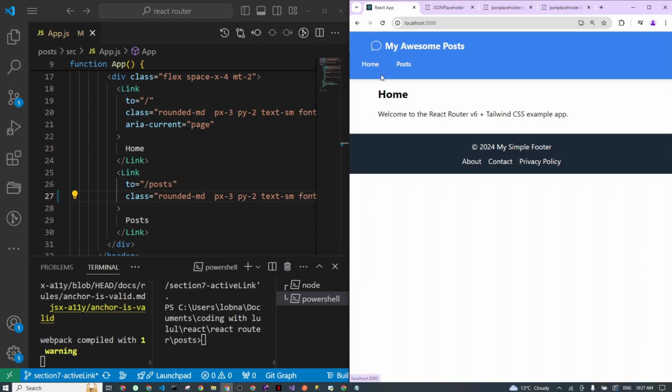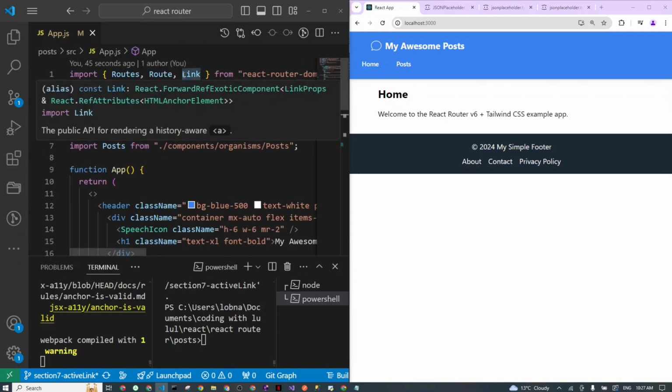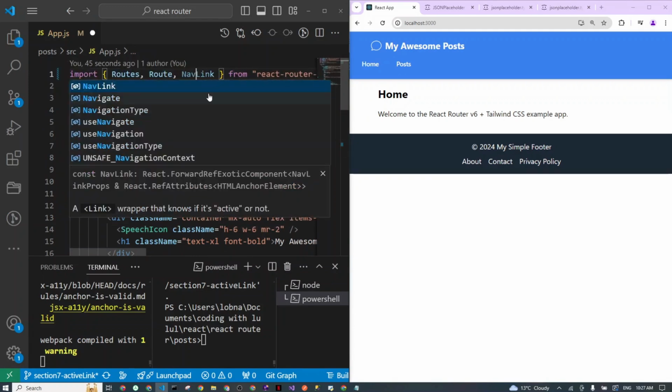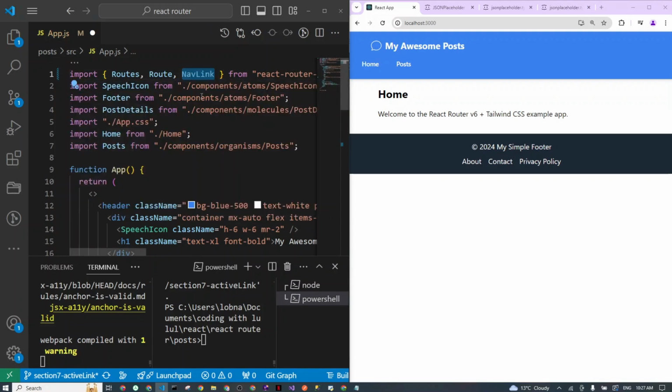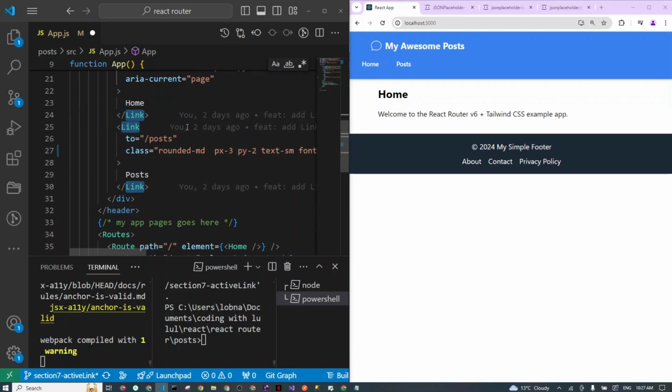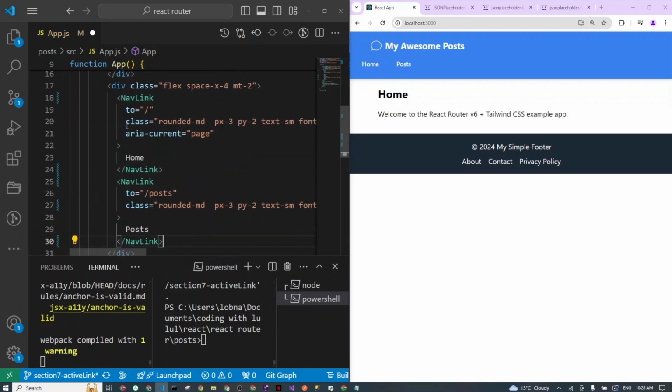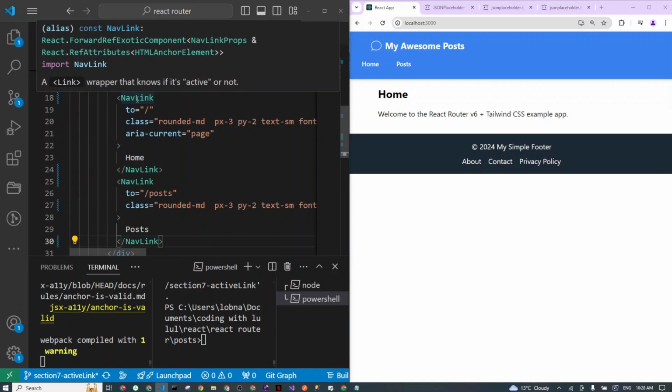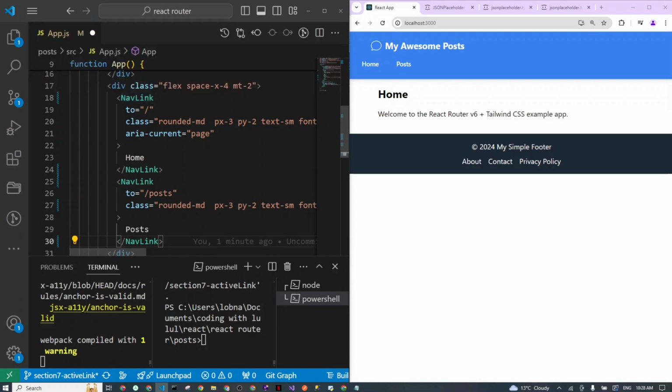Now, how can we fix this? Again, React Router makes this very easy for us and gives us some functionalities we can use. At the moment we're using Link, but there is another component called NavLink. All I have to do is replace this with the NavLink component from React Router, then copy this and replace my actual links with the new NavLink component. Now, this NavLink component has a built-in property called isActive,